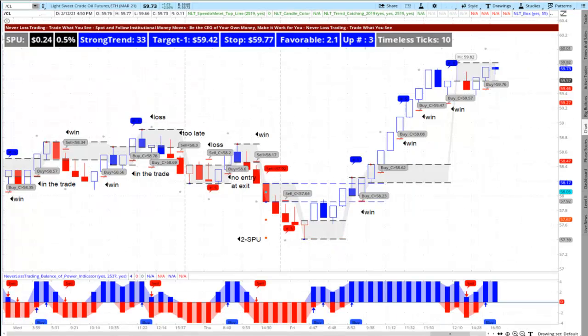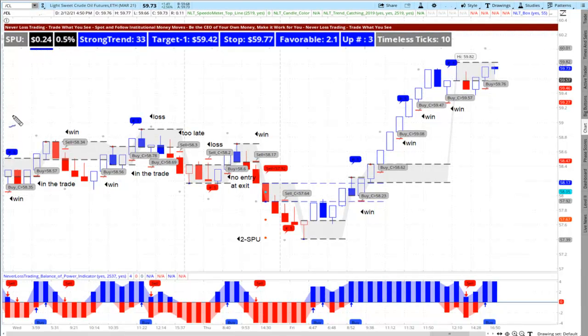Here's the same period compared for crude oil with never loss trading trend catching. You see here we trade for a further out target. The prior one was 18 cents, here it's 24 cents, and that's the big thing. Instead of trading for time-wise orientation, we trade here for a certain price distance, and with that we are very unique. So it's not easily predictable where our entries and stops are, in comparison to when you trade on a time-based chart, where it's pretty obvious.